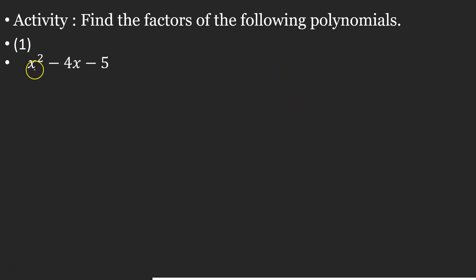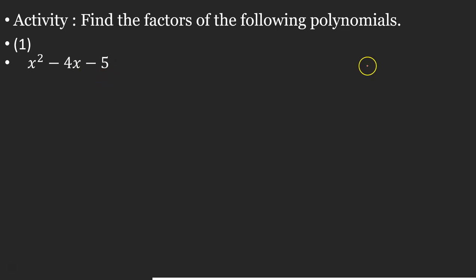बघूया आपण आता. यामध्ये फर्स्ट पॉलिनॉमियल बघूया. Find the factors of the polynomials. The first is x square minus 4x minus 5. या पॉलिनॉमियलचे जर आपल्याला फॅक्टर्स करायचे असतील ॲट दॅट टाइम आपण काय करत होतो की या x स्क्वेअरचा कोएफिशियंट 1 आहे,